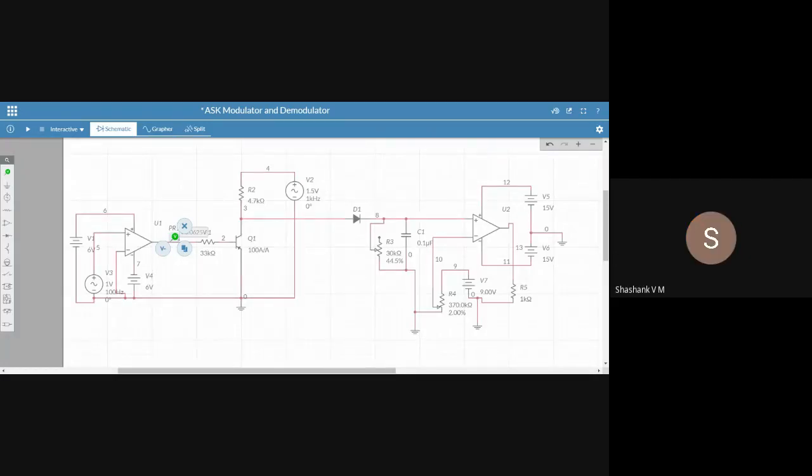I have a doubt, sir. Yeah, please. You have given the same ground for the DC signal and the AC source, right? Will that work in real life? Like here we are using only AC actually in this case. You have given the negative of the DC supply to the same point as the AC source, right? So will that work in real life?